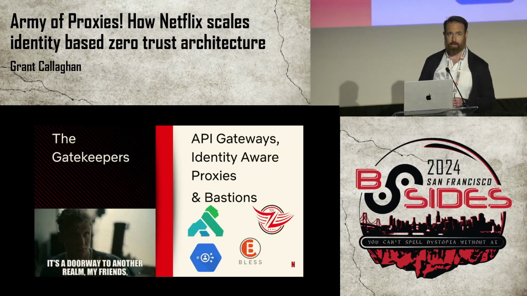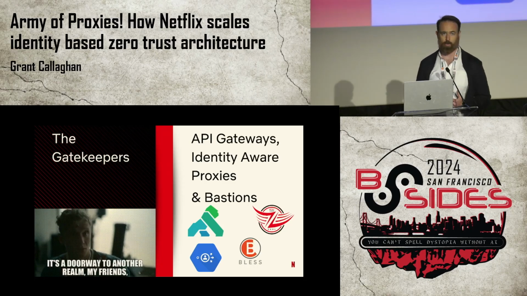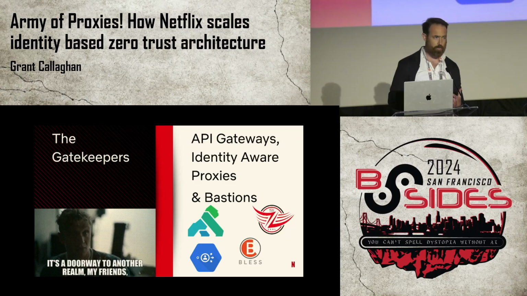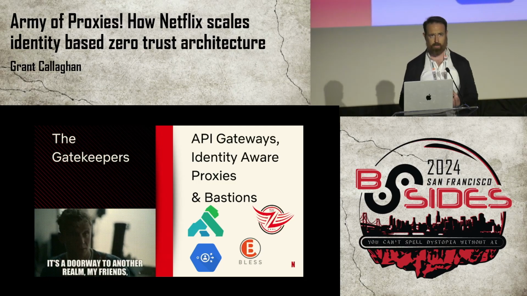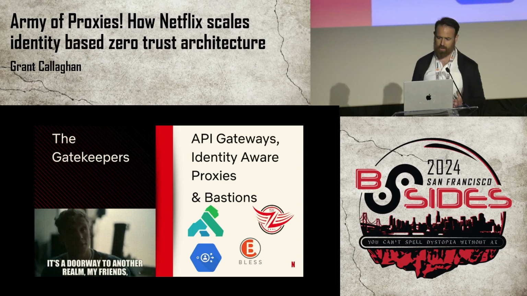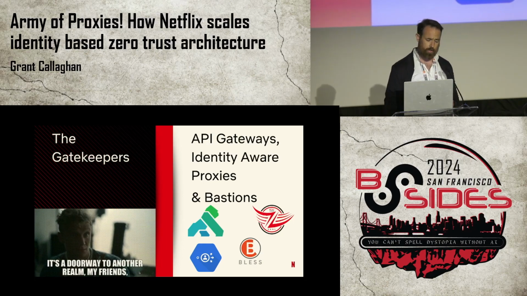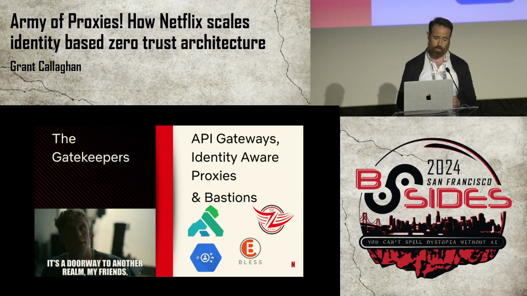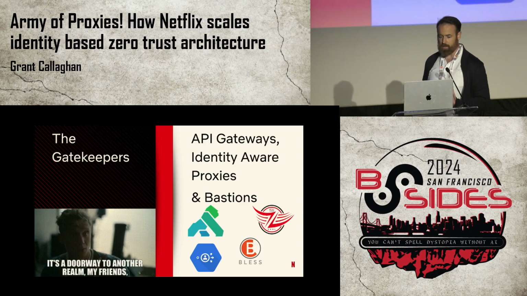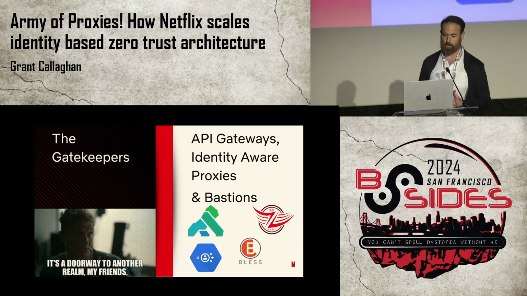So let's start with the front door of the system, API gateways, specifically those that incorporate identity-aware proxies. This was kind of popularized by Google's BeyondCorp, but there are a lot of different systems that can be set up to kind of be the front door. Systems like Kong, or native cloud services like Kubernetes ingress controllers, or even customized versions of open source services like Netflix's Zuul. So these proxies sit on the edge. They're in a highly leveraged position. They provide a singular choke point for external traffic to pass through.